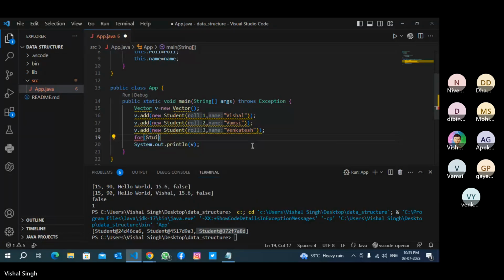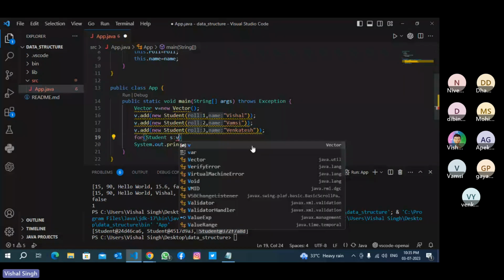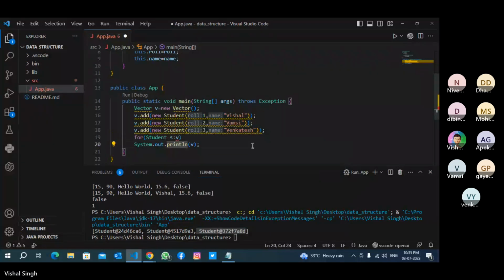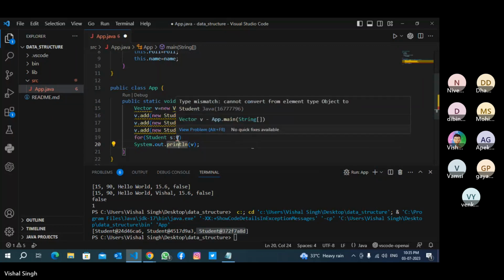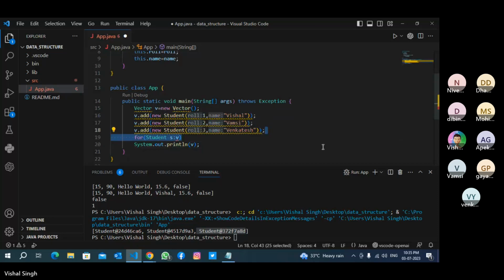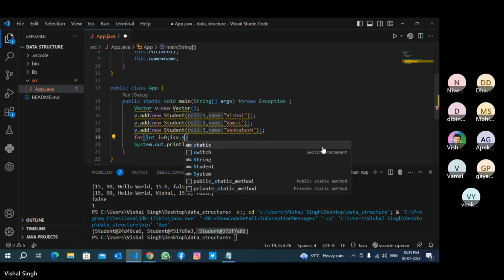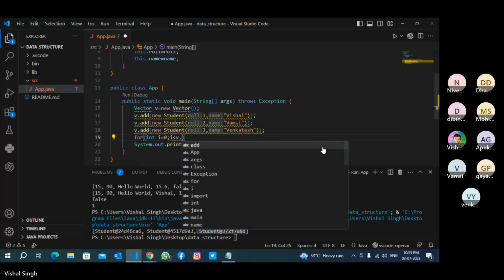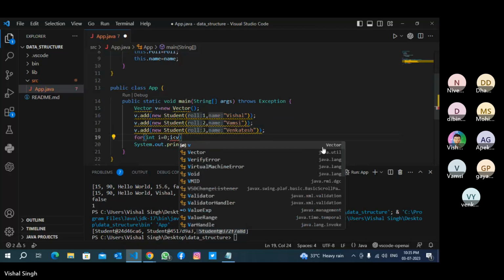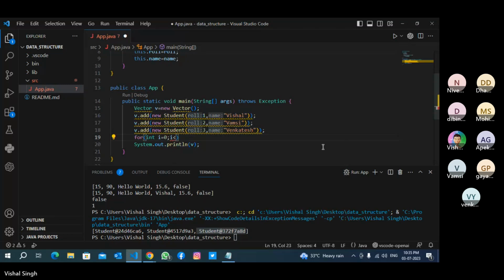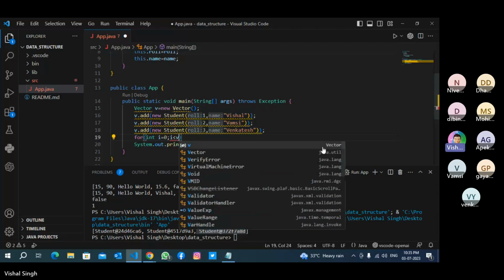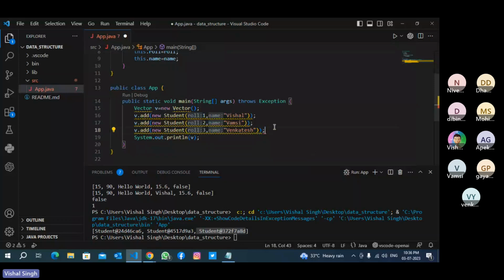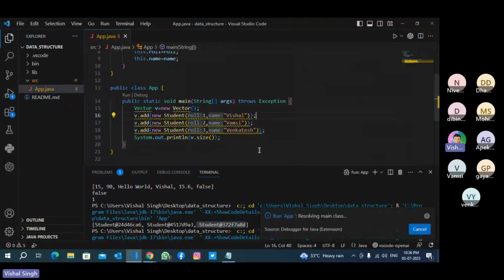For student S. For int i equal to 0, i less than v.size. Okay, so v.size is 3.